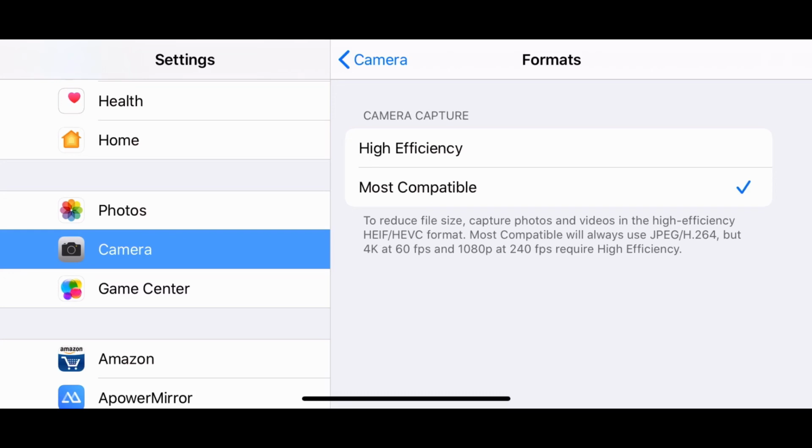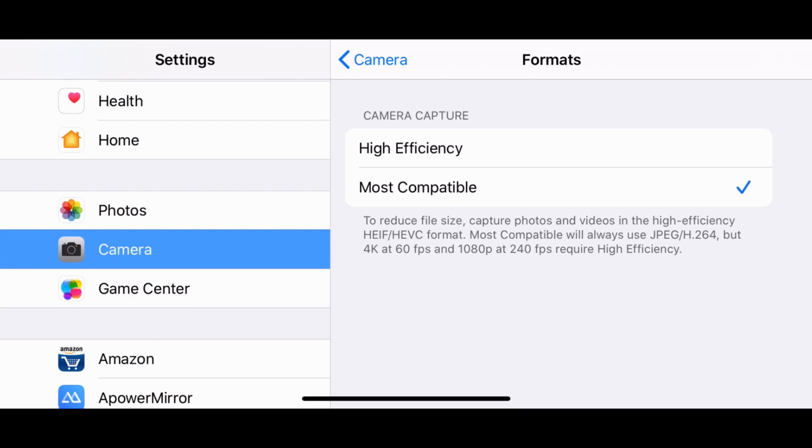We have two formats over here: High Efficiency and Most Compatible. High Efficiency is specifically for Apple, but it takes a lot of storage space. There's no harm in selecting this option, but I would suggest you not do that. The second option is Most Compatible.